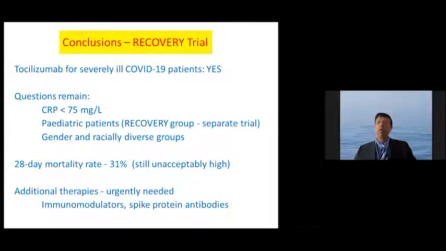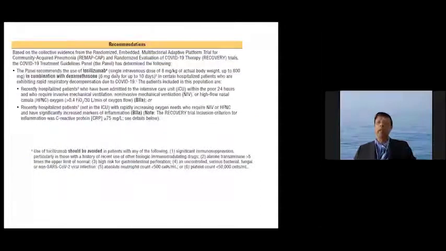So who should we consider tocilizumab for? The NIH has come up with guidelines, and these are important to be followed specifically. These are the recommendations given. The dose is 8 milligrams per kilogram body weight, that's actual body weight, up to 800 milligrams in combination with dexamethasone. That's a very important thing to remember. In combination with dexamethasone, they should be receiving dexamethasone. And there are some